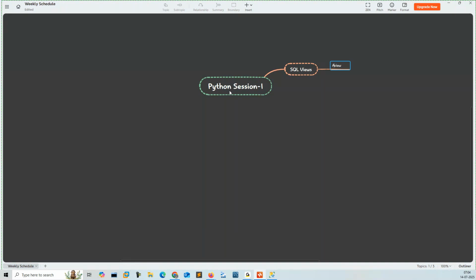A view is a virtual table. In fact, a view is a virtual table that has been created on top of a table, with a selected few or all columns of it. And again, we have view types